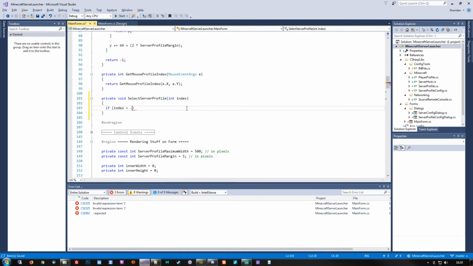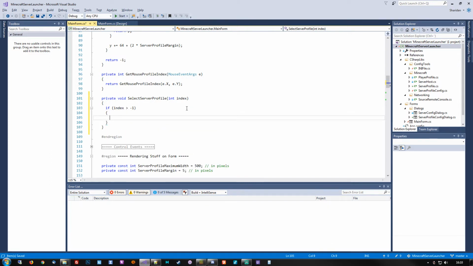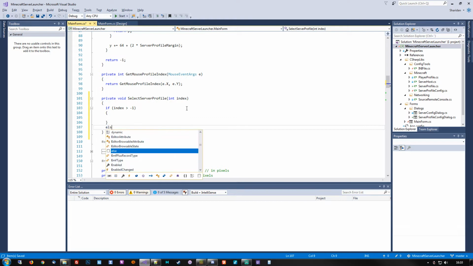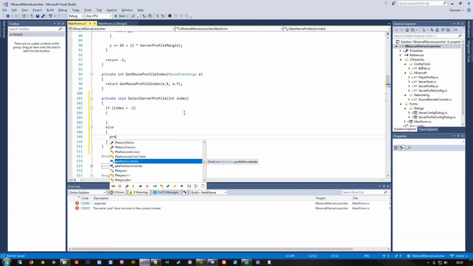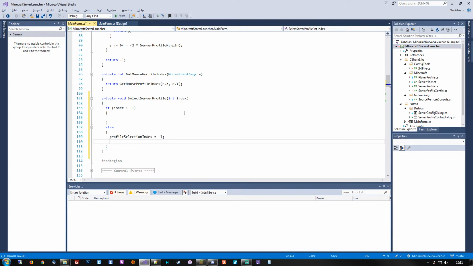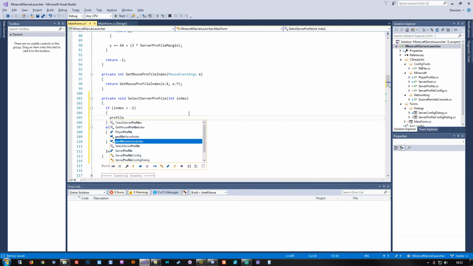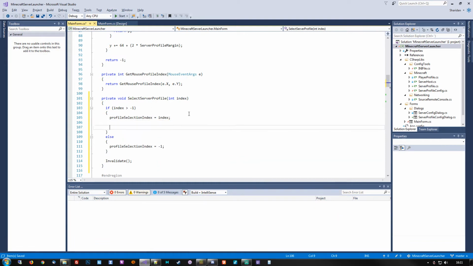If index is greater than -1, then we know that it's selecting a potential server profile index, and if it's not true, then we will simply deselect it, which would then be the no profile selection index, set that to -1, and the last thing we'll do here is invalidate to have the surface of the form redrawn. Here we'll do the selection index equals index, and here we will then figure out what to do with the buttons. So if no profile is selected,